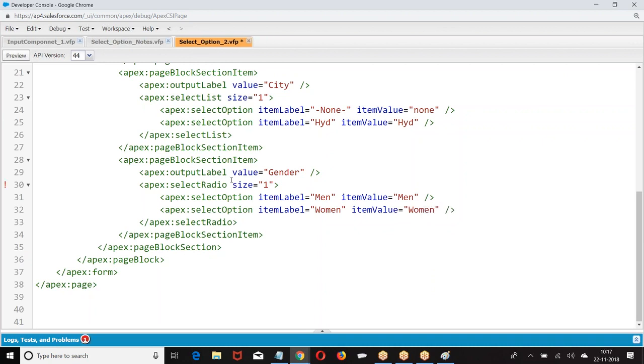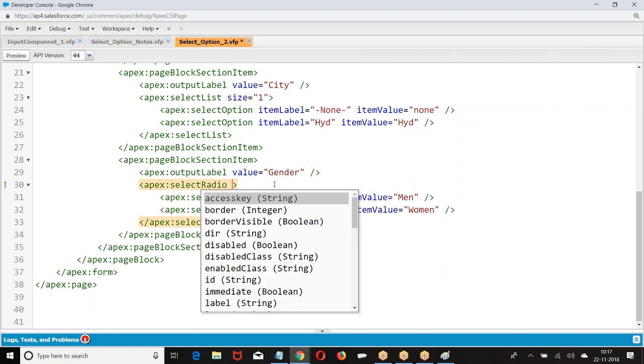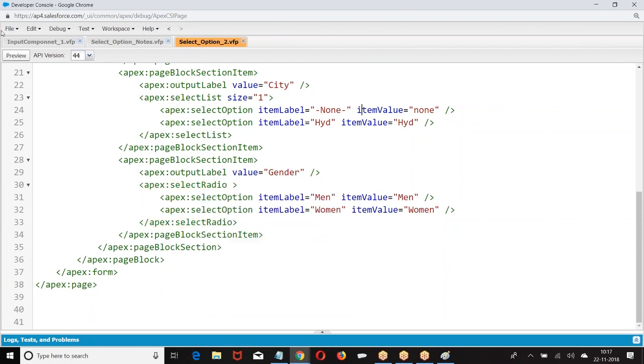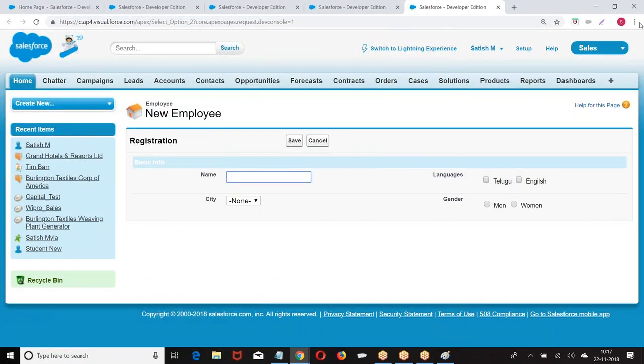Now in the radio buttons I don't have a size actually. Error. So have a preview. We have generated this example: 1, 2, 3, 4.